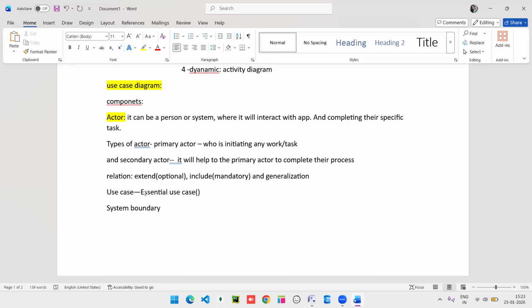Essential use case means the compulsory things or compulsory features that should be involved in our system. And supporting use case. Supporting use case means